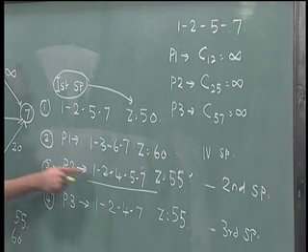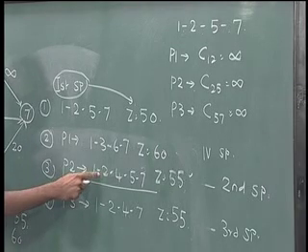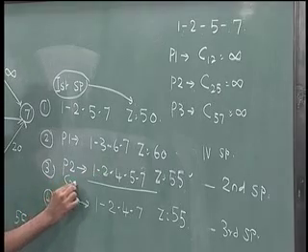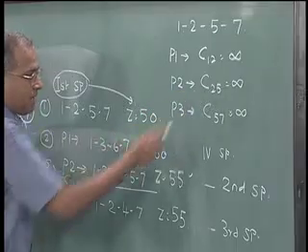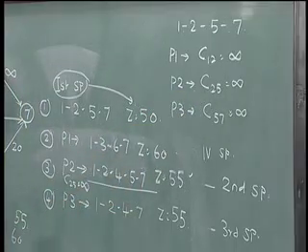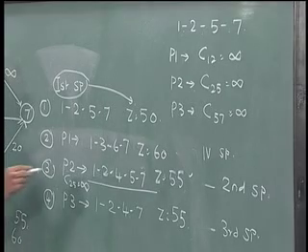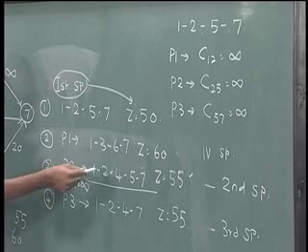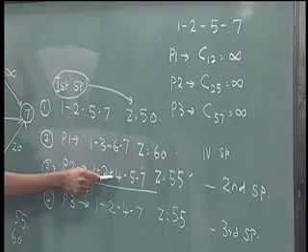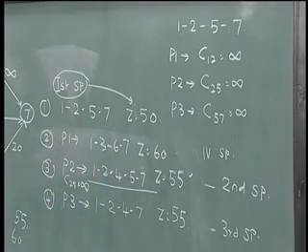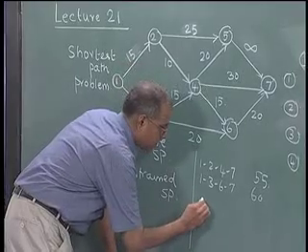Remember that this already has C25 set to infinity because this comes from this path. So, we will now do 4 more shortest paths where the first one will have C25 equal to infinity and C12 equal to infinity. Second one will have C25 equal to infinity, C24 equal to infinity and so on. So, there will be plus 4 solutions